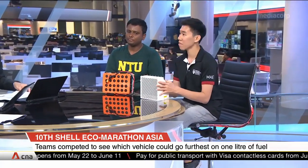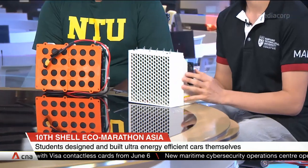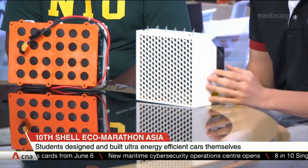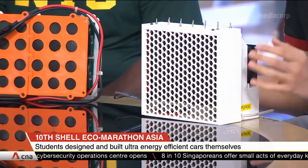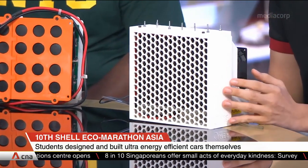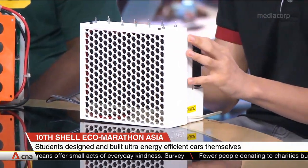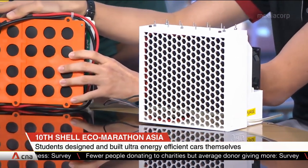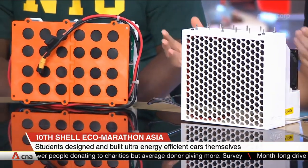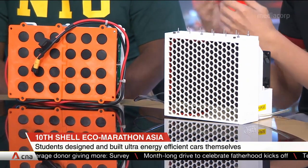What I have here is the hydrogen fuel cell, and we can think of this as the power supply for the vehicle itself. It takes in hydrogen gas as the fuel, as well as oxygen from the air around us, and produces the electricity that powers the vehicle. This electrical energy is used to charge this supercapacitor. It's like a battery that stores the electricity generated from our hydrogen fuel cell,